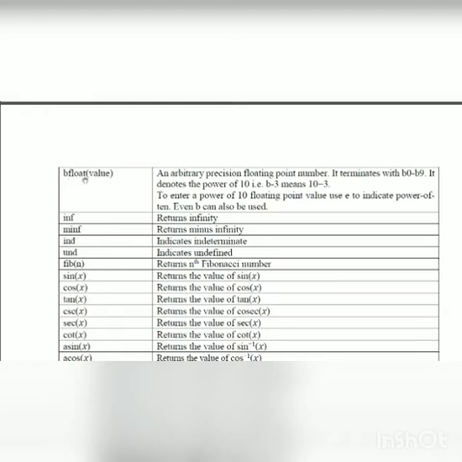It gives you a floating point value along with powers of 10. But remember, 10 is denoted by B. Similarly, you can use E also. E also will give you the power of 10. So you can use B or E, any one of them, to express the value, since sometimes you need it in powers of 10. So in that case, you can use this.